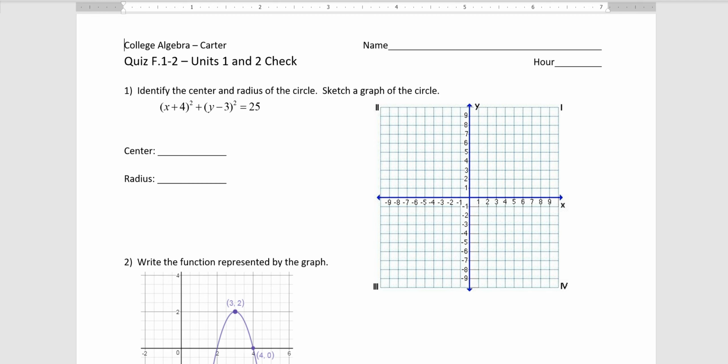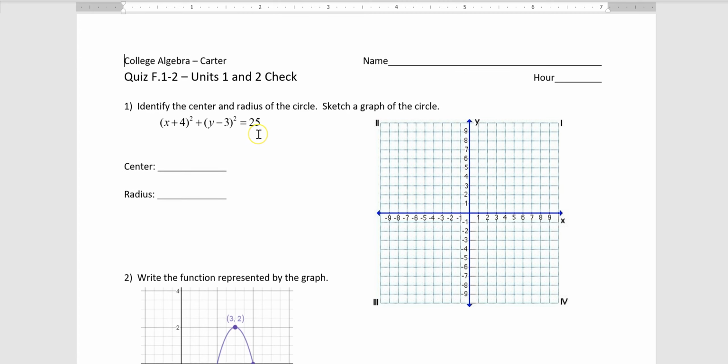So number one asks us to identify the center and radius of a circle and sketch a graph of the circle. So for this one, we need to remember that,